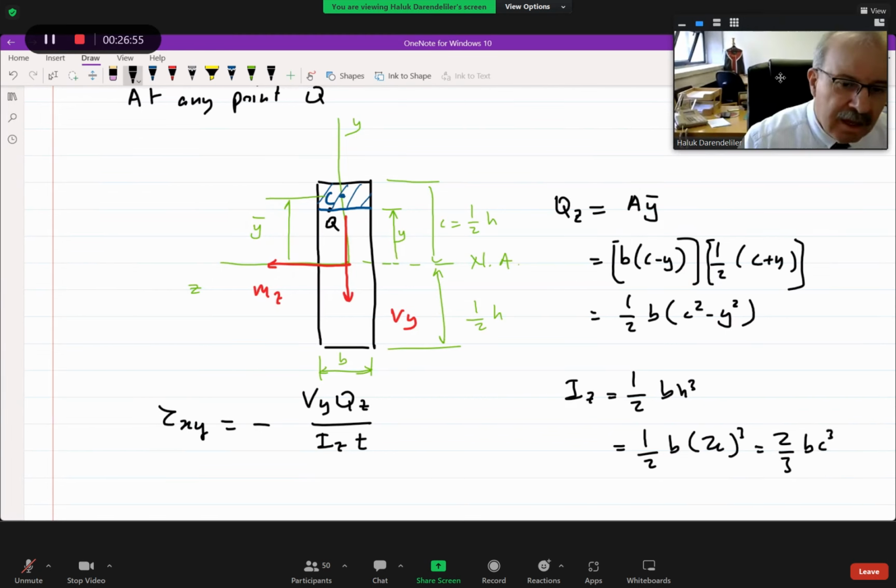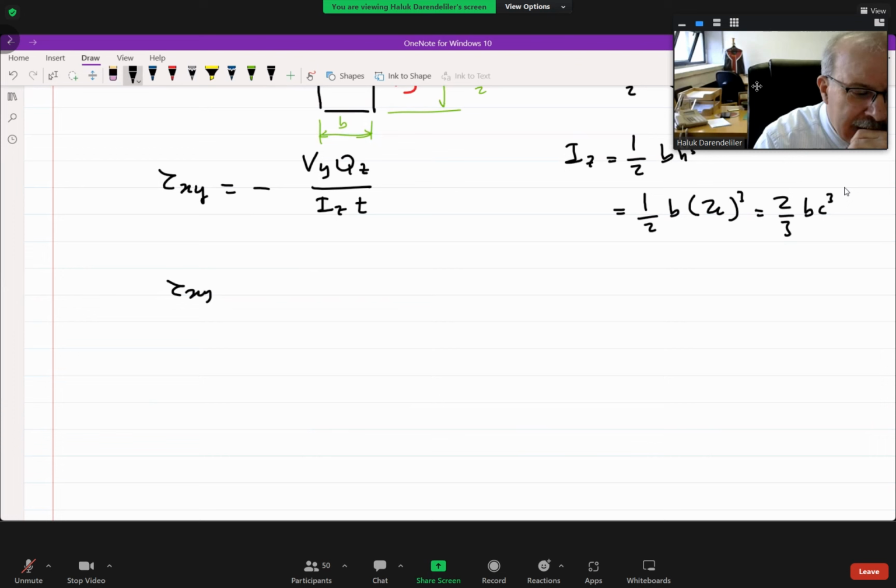Then what is tau xy at point Q? Okay, now we determined everything. Then tau xy at point Q is equal to